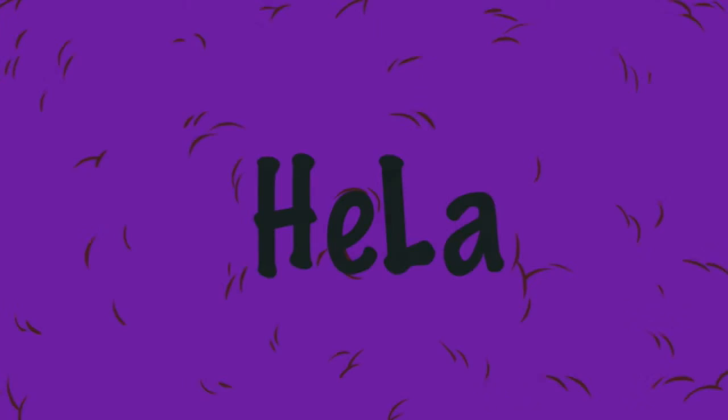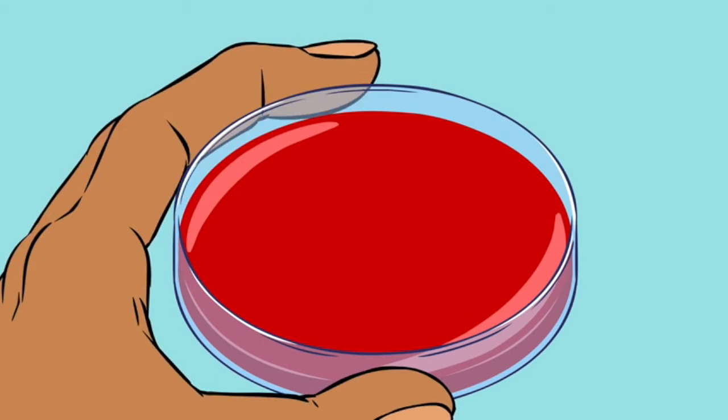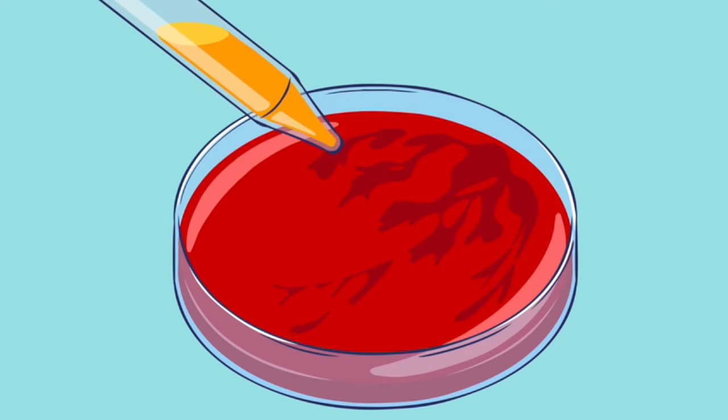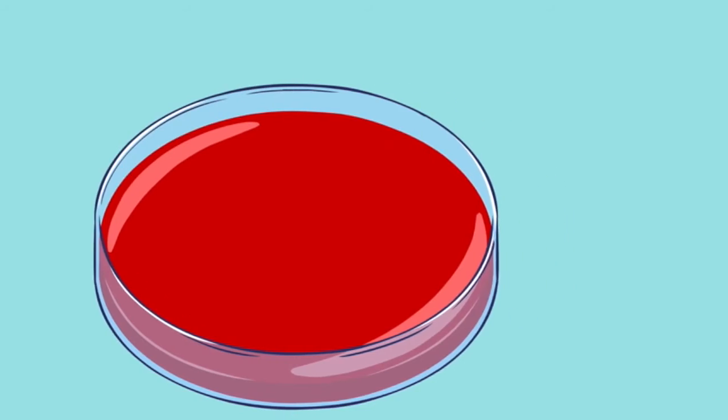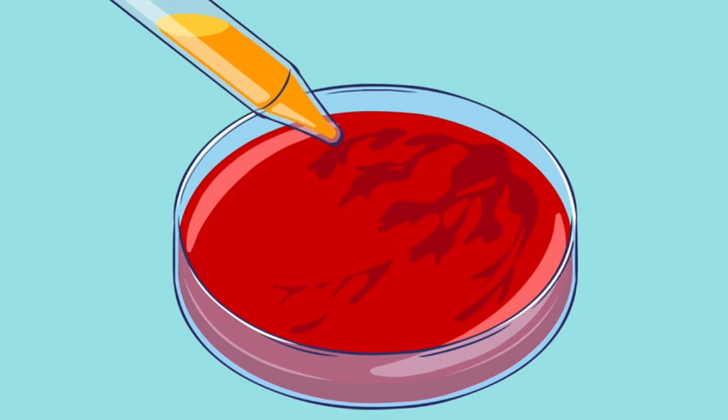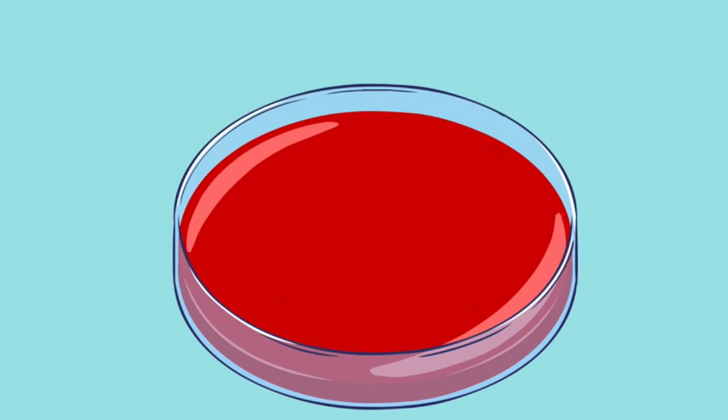Imagine something small enough to float on a particle of dust that holds the keys to understanding cancer, virology, and genetics. Luckily for us, such a thing exists in the form of trillions upon trillions of human lab-grown cells called HeLa. Let's take a step back for a second. Scientists grow human cells in the lab to study how they function, understand how diseases develop, and test new treatments without endangering patients. To make sure that they can repeat these experiments over and over and compare the results with other scientists, they need huge populations of identical cells that can duplicate themselves faithfully for years.